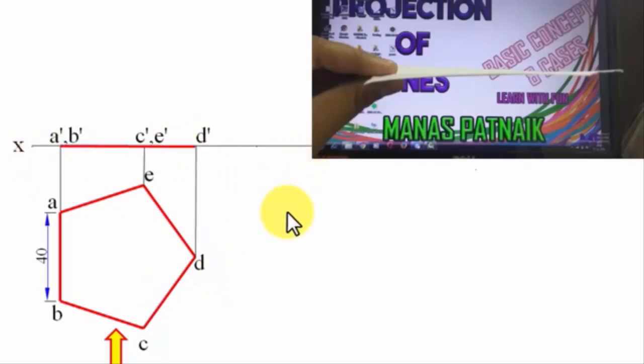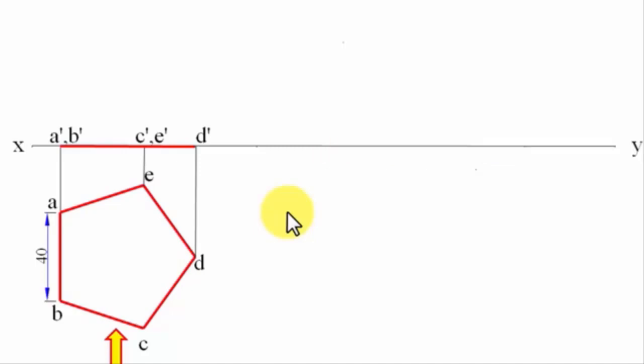So that's step number 1 for you, where we assume that the surface of this plane was resting entirely on the horizontal plane. In step number 2, we need to incline the surface. Now the surface has been inclined at an angle of 50 degrees. So initially we need to make sure that this A dash B dash, this AB, should be in contact with this horizontal plane. So we're going to make sure, while making this front view at an angle of 50 degrees, that this A dash B dash remains in contact with this XY line.